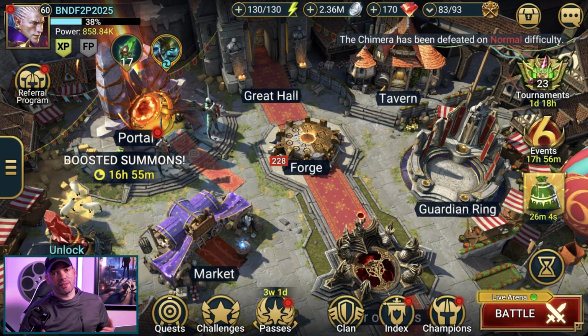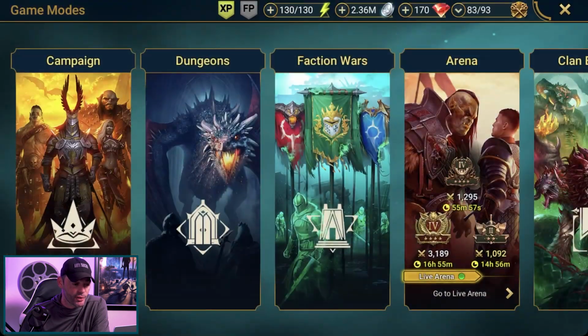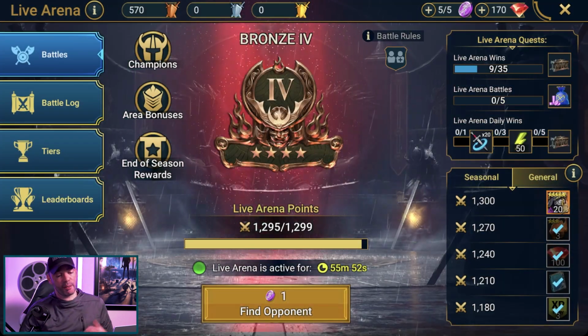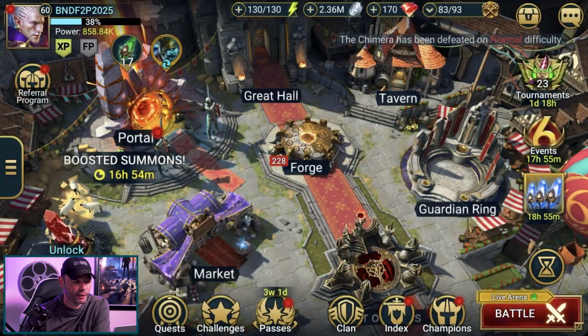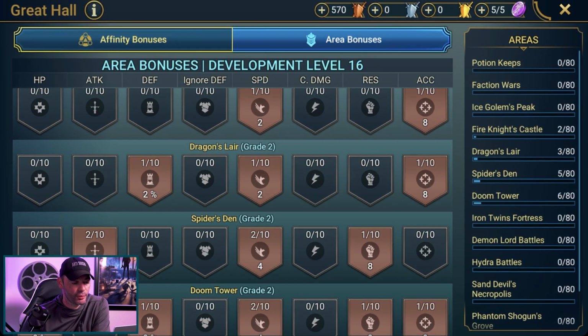And the reason for that is gems have a lot of value. A lot of times you may need energy. It is interesting when you start going into live arena, for example. This only costs, I believe, 10 to refuel and get 5 more battles. And the shields actually help you. Let's do that right now. Come to the Great Hall on area bonuses and be able to make your life